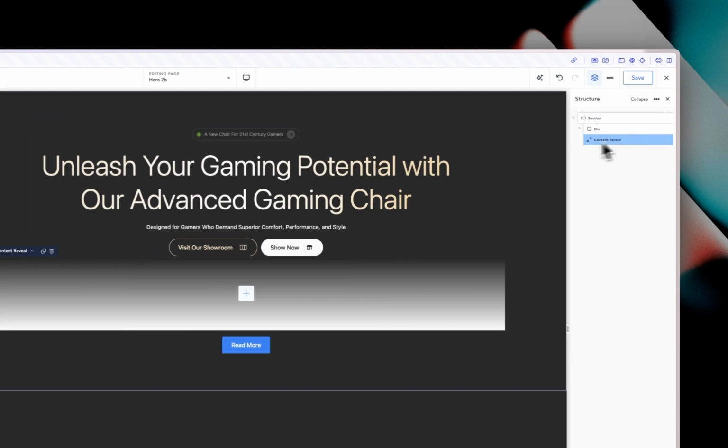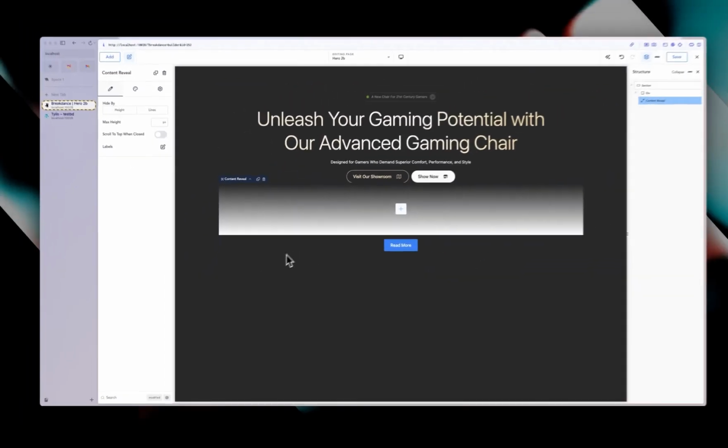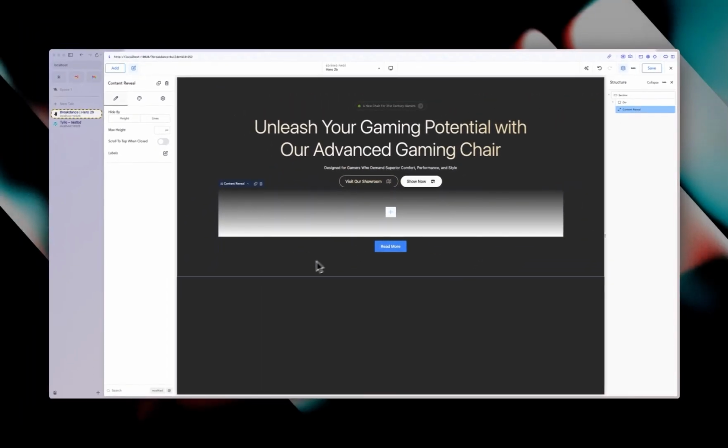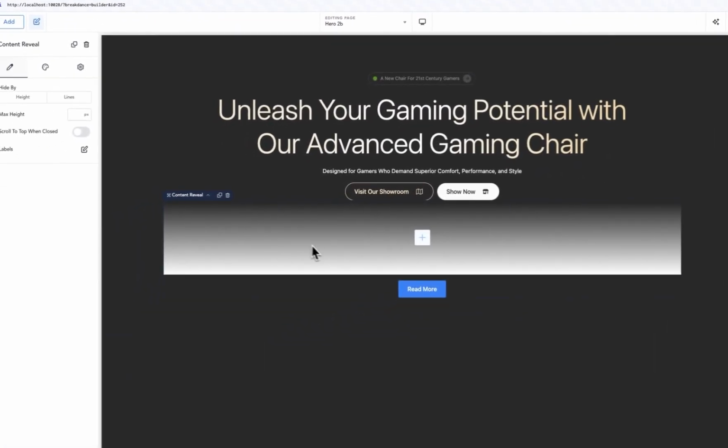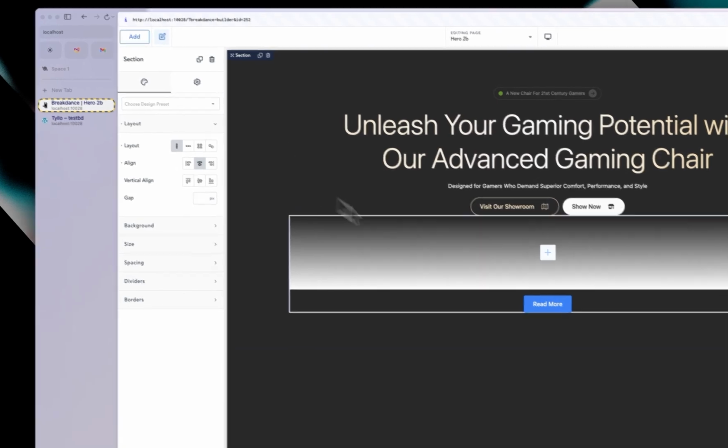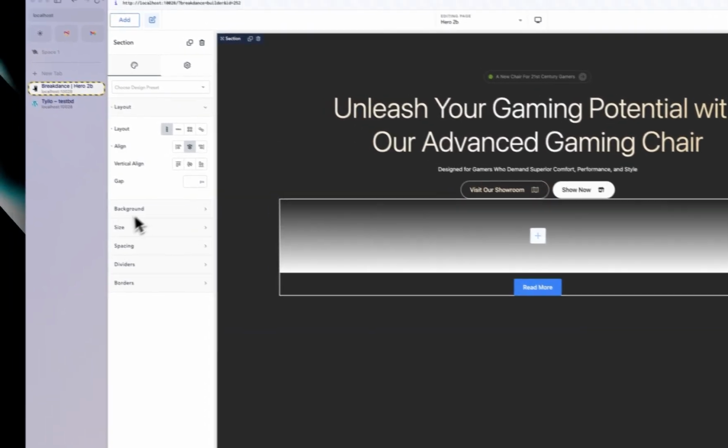Right, selecting back on here. I want to make sure that the color at the bottom matches this color that we do have over here. So to do that, I want to first get the color. Let me go back into my global settings, right? And then for this is the color. So I'm going to copy that. All right, so whatever color that you're using for the background, make sure that it matches this one so that it will look a bit more